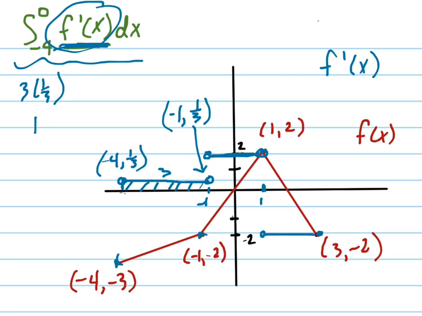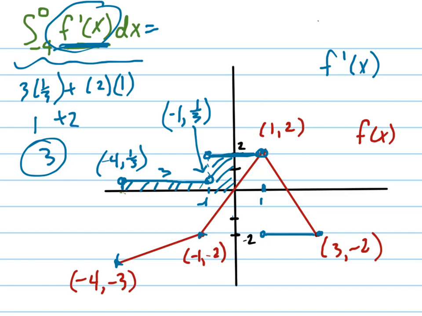And the area underneath this curve from negative 1 to 0, right there, is 2 times 1, which is of course 2. So your area under your curve, or your answer for this, is 3. That's how you do that problem. You can change one of your signs for the